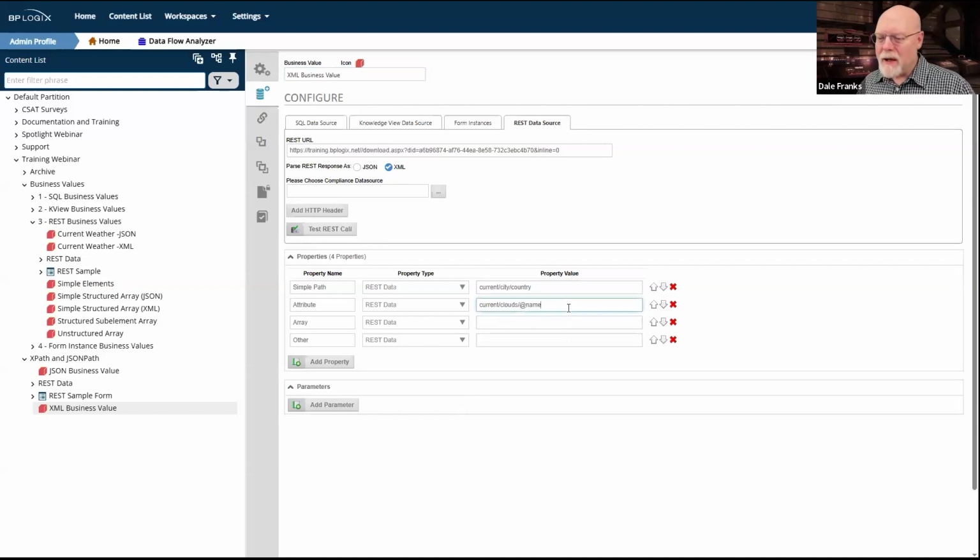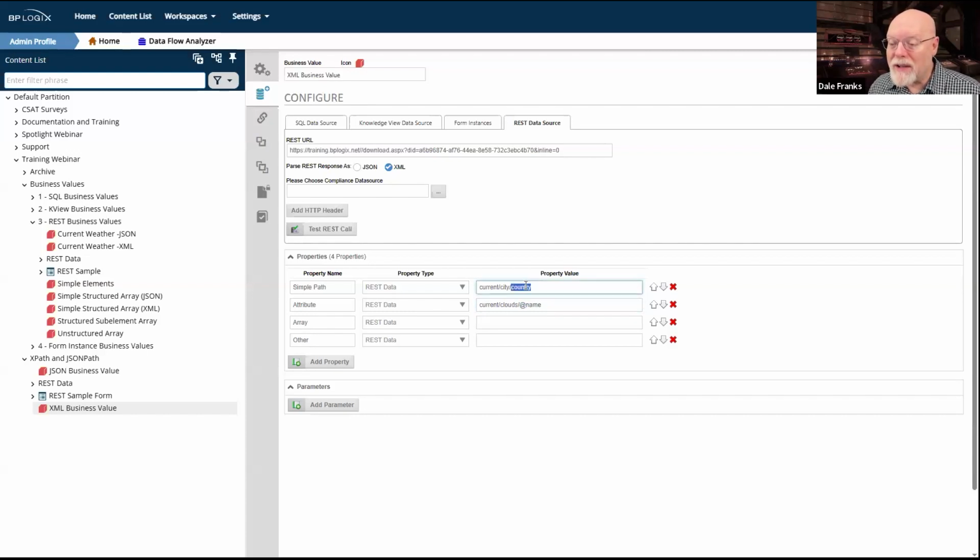I'm going to need current / clouds / @name. That @ sign is telling Process Director, look, we're in this clouds node and that's not where our data is. So we need to put another / in because our data is one level below clouds, but it is not another node.